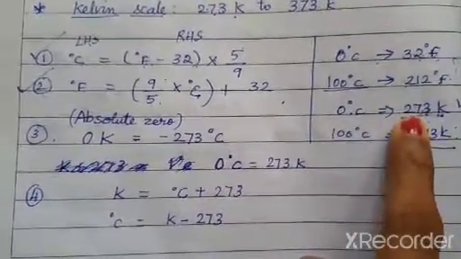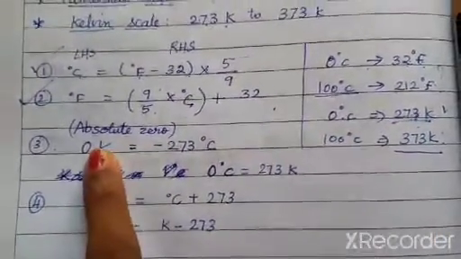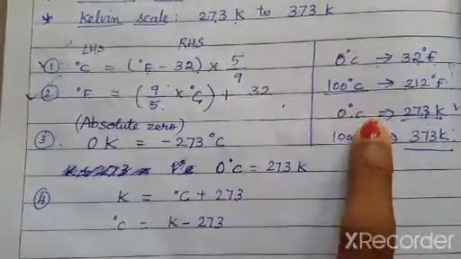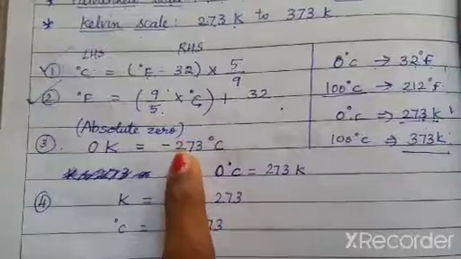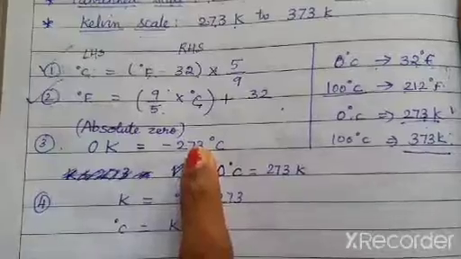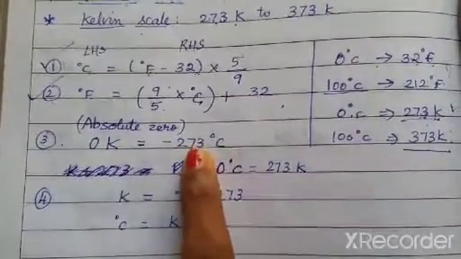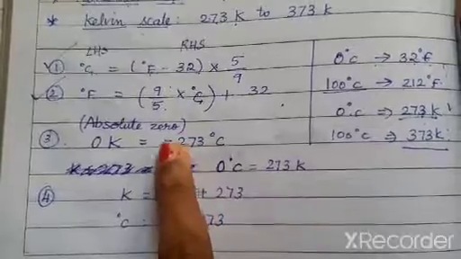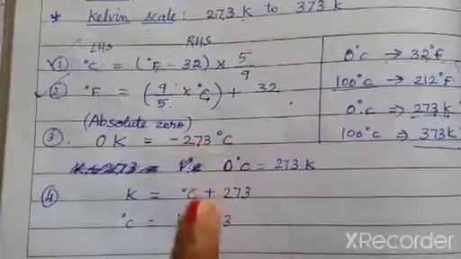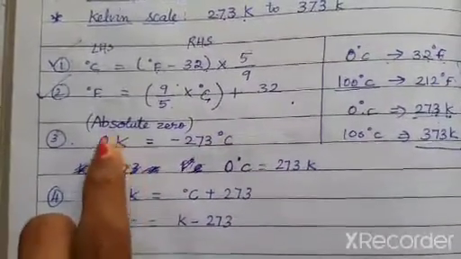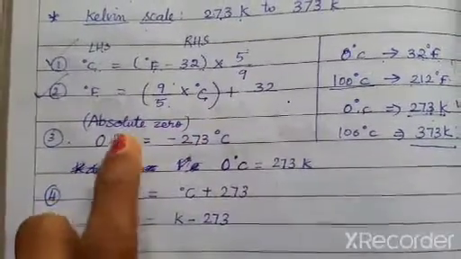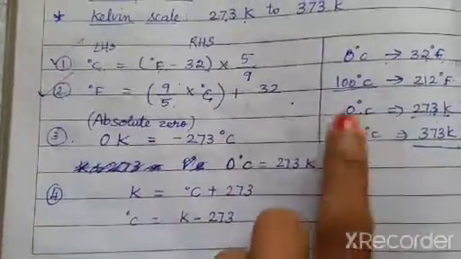But if this 273 is reduced to 0, what will happen? In Celsius scale, it will go in the negative. It becomes minus 273, a very cold temperature. As you know, if the temperature is in the negative, it is going to be very, very cold. Okay. So when the temperature is 0 in Kelvin scale, we call that absolute zero temperature. Okay, children? So don't confuse both the things.